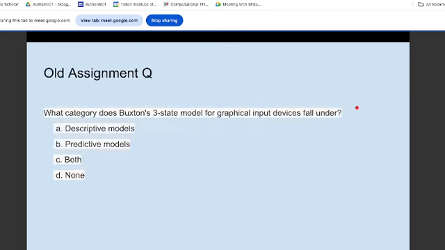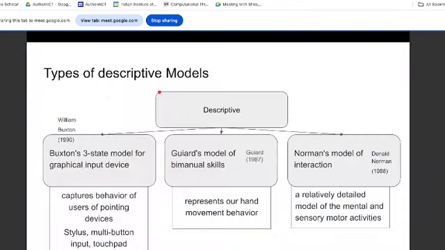I had formed a question about it: what category does Buxton's three-state model for graphical input devices fall under? Is it a descriptive model, or a predictive model, or both? So of course the answer is descriptive models. So Buxton's model we have done. Now let's